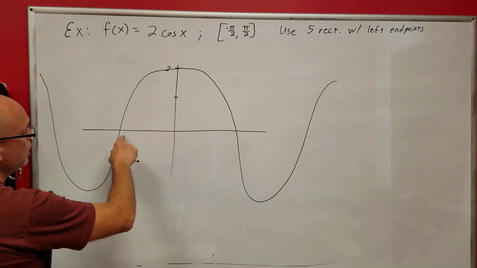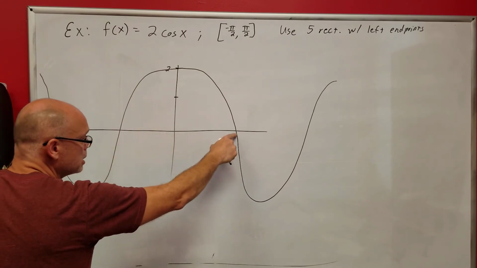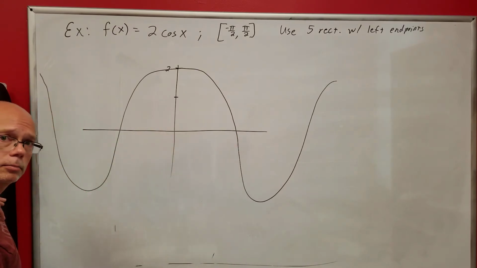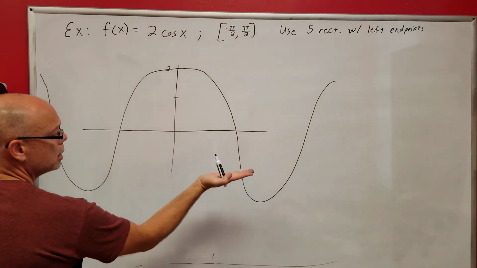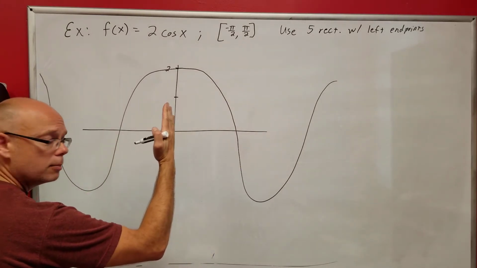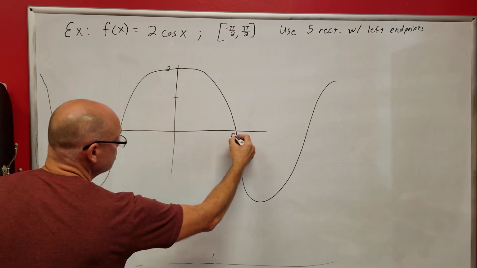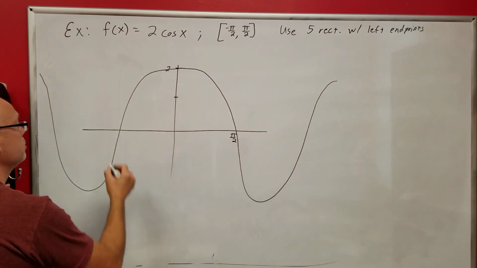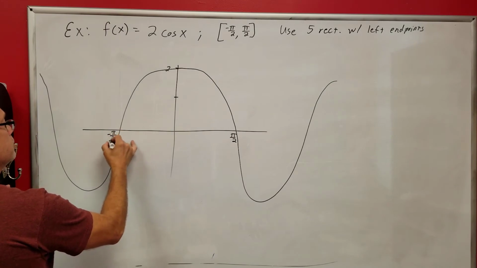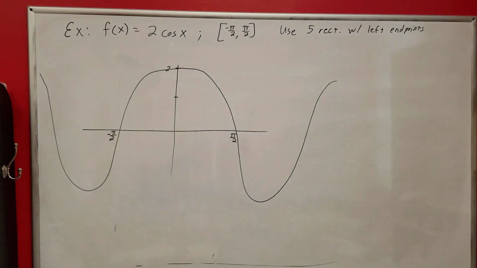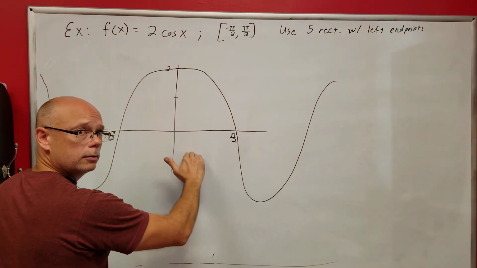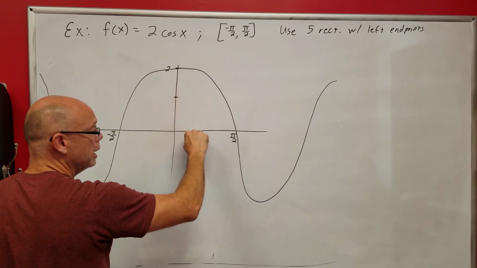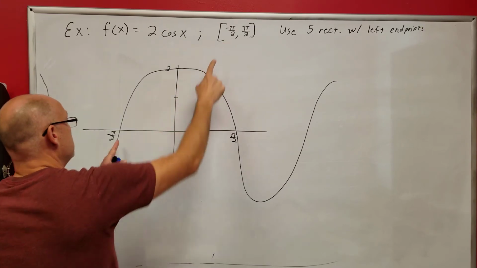Now, where does your cosine function hit the x-axis here and here? Think about it. Where's your cosine function 0? Isn't cosine function 0 at pi over 2? And negative pi over 2 like this? Yeah. So what am I looking at? I'm looking at the area underneath the curve, or between the curve and the x-axis, between negative pi over 2